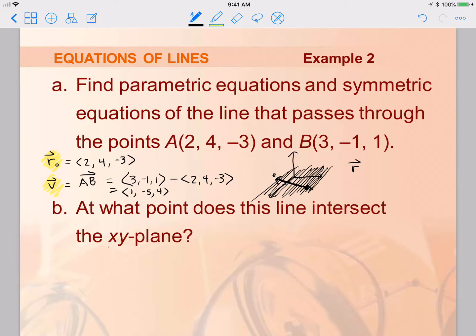So the equation of the XY plane is z equals 0. So in order to have a point x, y, z on the line, and if x, y, z is in the XY plane,